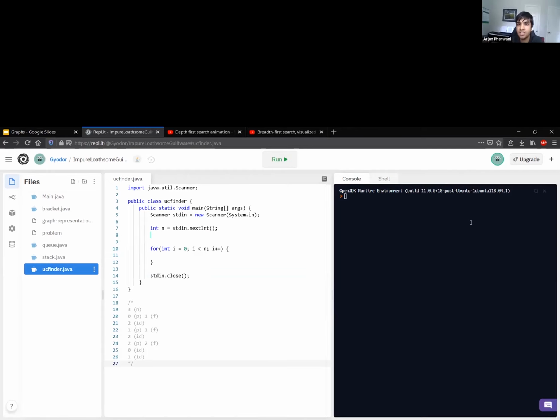So I am randomly choosing an adjacency matrix. Not randomly, it's just the easiest way to store a graph. It's not very efficient, but it is pretty easy, and that's all that matters right now. An edge list is the most efficient because that's O of n storage, but an adjacency matrix is n squared storage. But the good thing about an adjacency matrix is that unless you're RTEing, runtime erroring, because of too much memory, which doesn't really happen too often in interviews, unless it's a HackerRank thing, you should probably store it in an adjacency matrix. It's really easy.